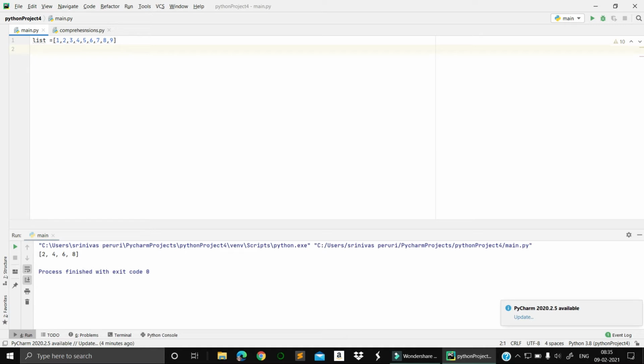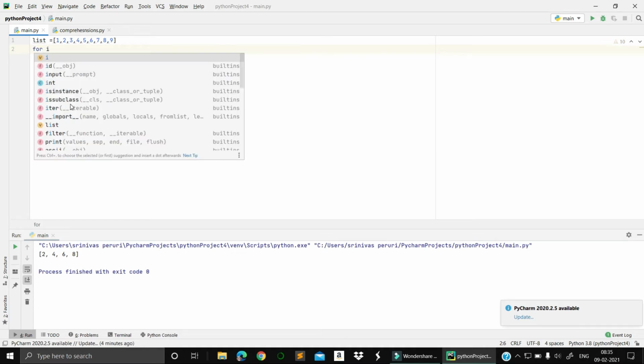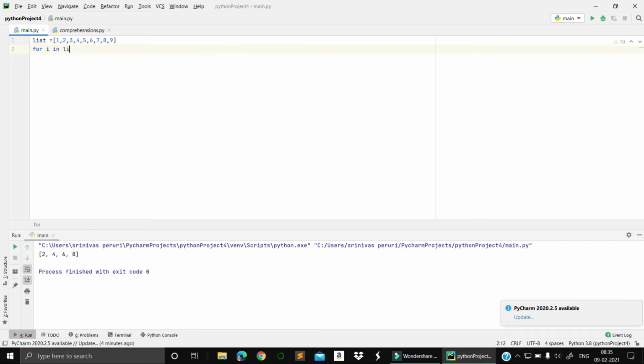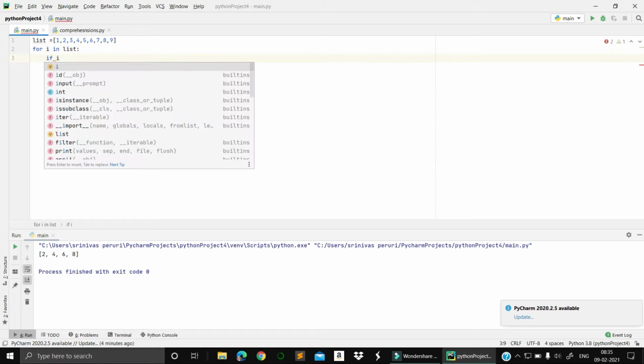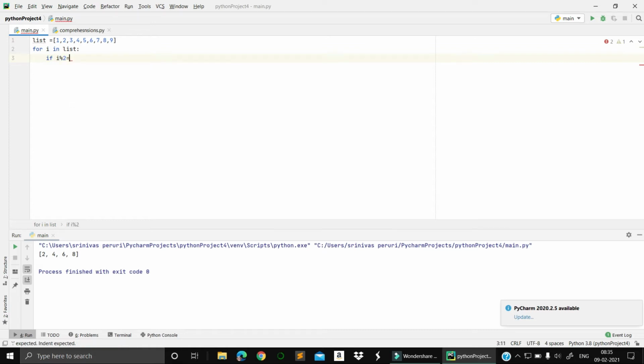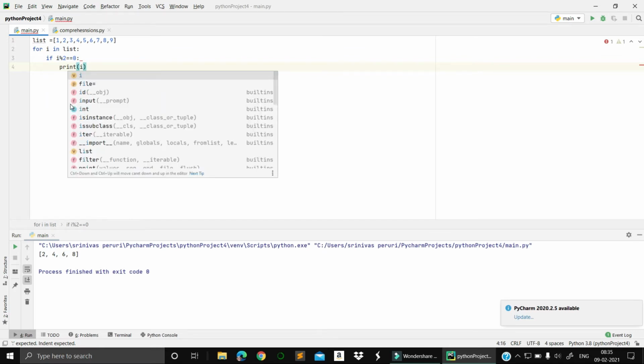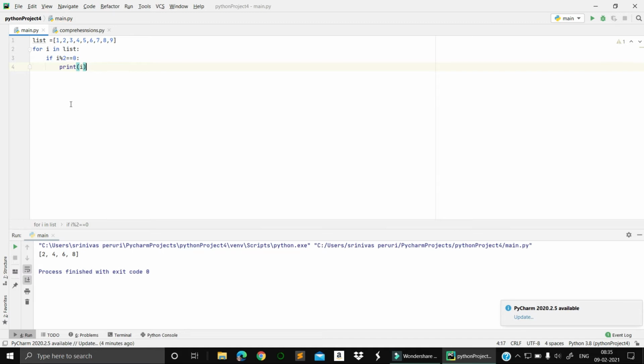Okay, let's write it in the normal way. For i in list, I'm taking if i modulus 2 equals 0, I want to print i. Else, I just want to print a message, print hello.